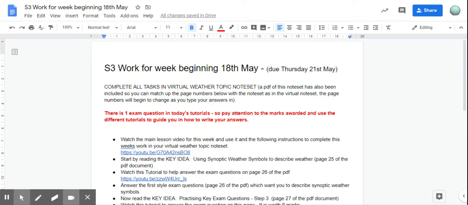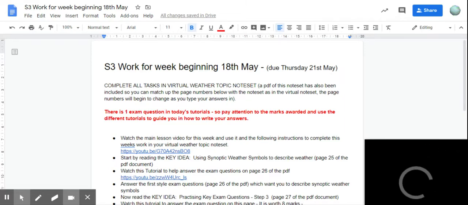Right, and that brings us to today's lesson. So we're going to continue with this idea of isobars and weather fronts, but we're going to add a little layer, which is these things called synoptic weather symbols. And the first thing you have to do, if we have a look at the instructions, is you should be